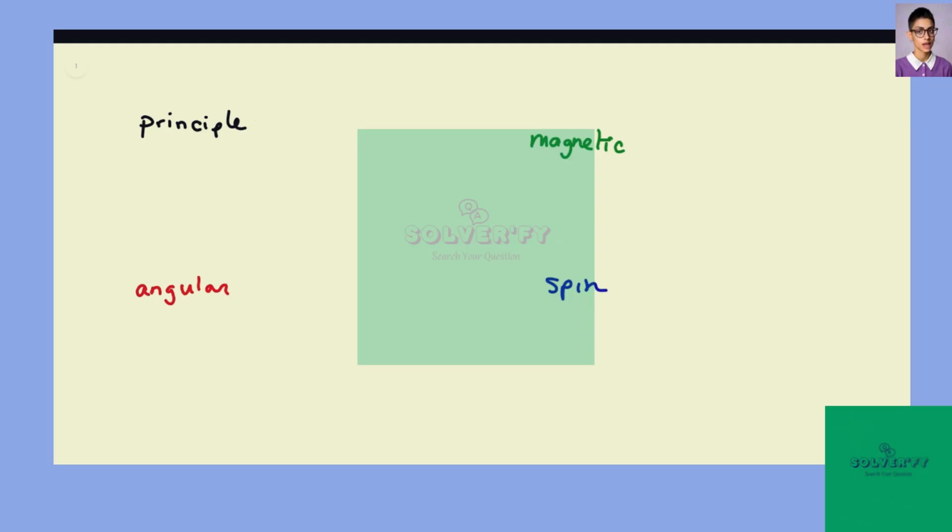But I can say that we do know which of the quantum numbers is, sorry, that's my computer telling me